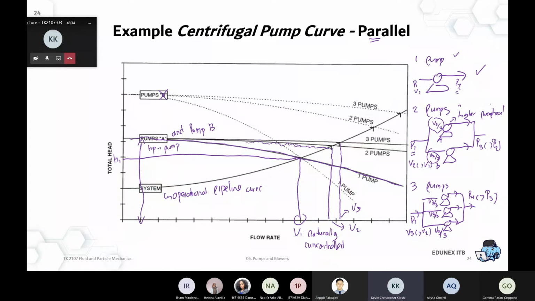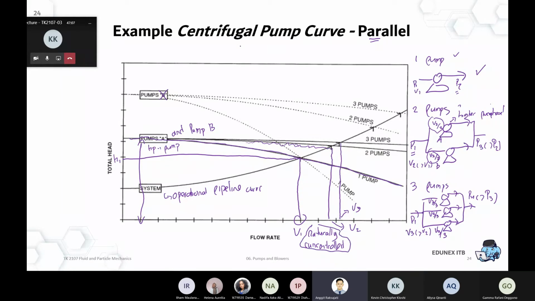Sir, I have one more question there. Yep, go ahead. If, for example, we use, for parallel, this one is for one pump, or like 2 pumps, for example, but we decrease the volumetric flow rate, like intentionally, sir. What will happen to it, sir? Okay, so that's the keyword. You intentionally decrease the flow rate. Okay, that's what I mean by it's not a natural uncontrolled system anymore.